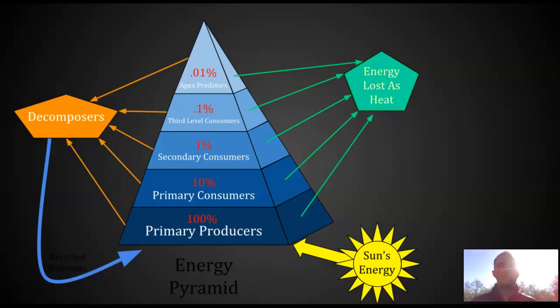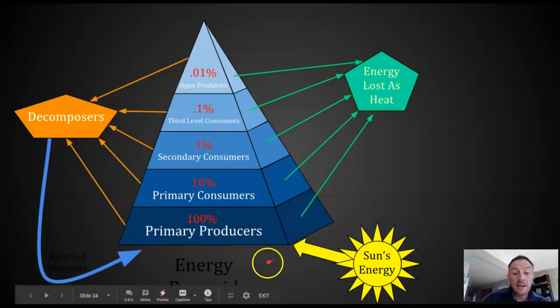So I'm walking. I've got a few different examples here that you can see for an energy pyramid. You start with your producers. You get 100% energy. Your primary consumers, the next level up, which consists of herbivores, only have about 10% of the energy from that first level. And then the secondary consumers get about 1% of that energy. And then after that, we've got about 0.1%. And for your apex predators, if we move up 4 levels of consumers, 5 levels total, about 0.01%.